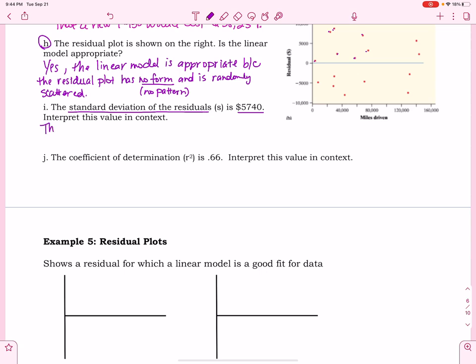So the actual price of Ford F-150s, or of a Ford F-150,